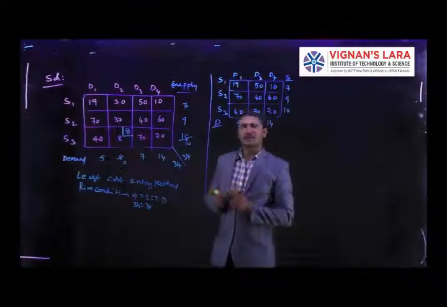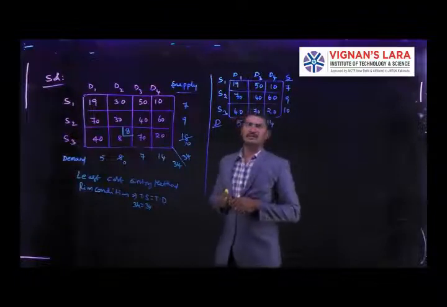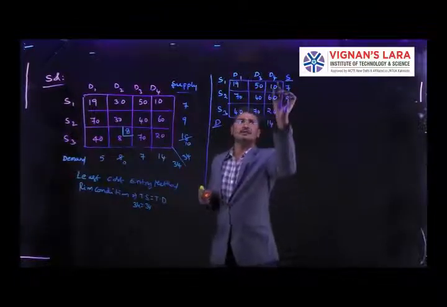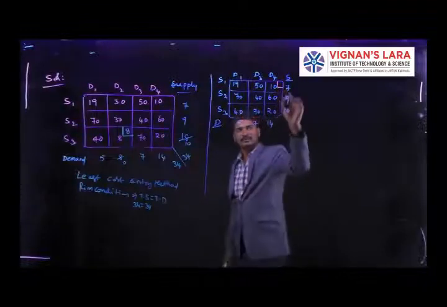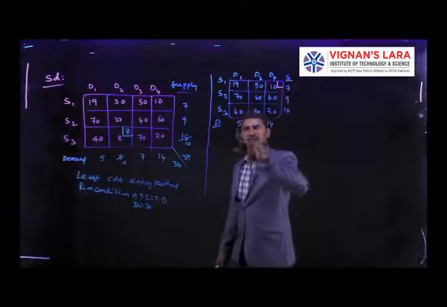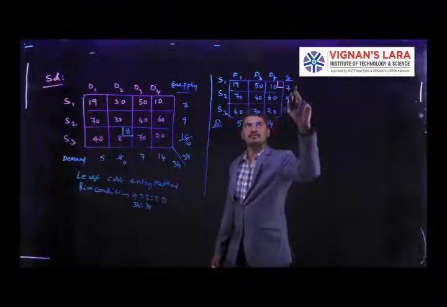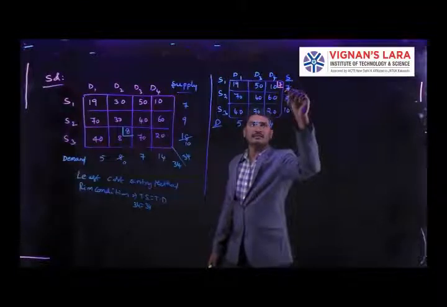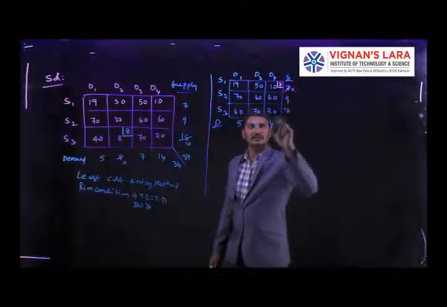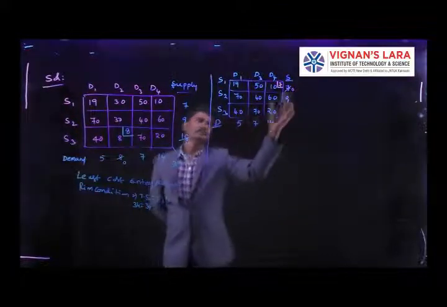Now again we are going to identify the least cost from this table. Which one is the least? Here the least value is 10. So now I am going to allocate here. We have a supply of 7 and a demand of 14. Which one is the minimum? 7 is the minimum, so I take 7 here. For the next transportation, it will be 0 and 7. So the 0 we are going to remove.